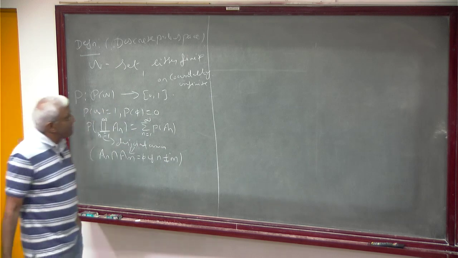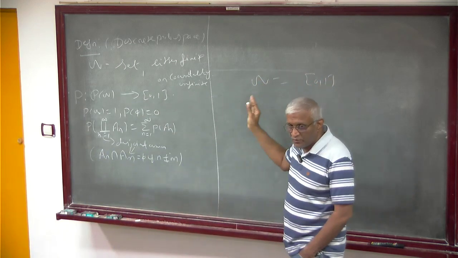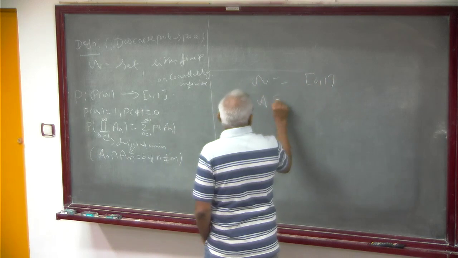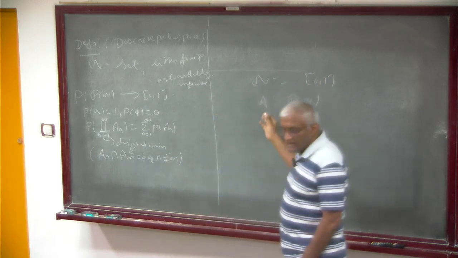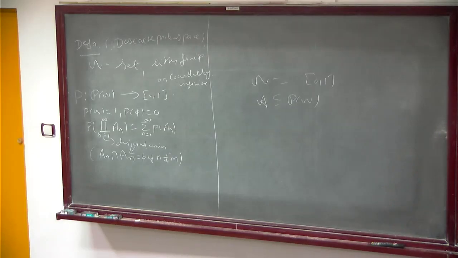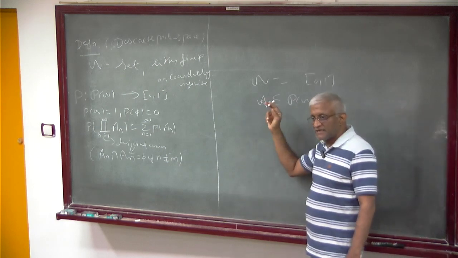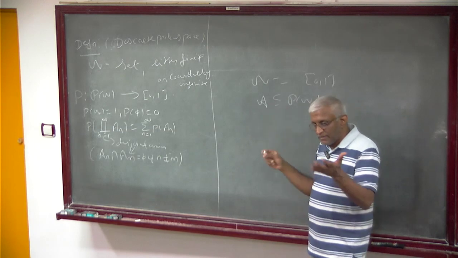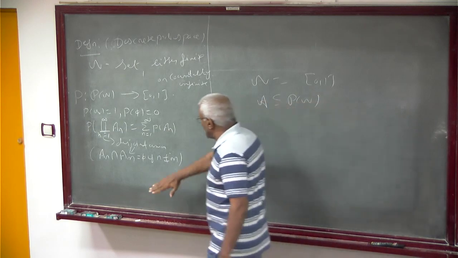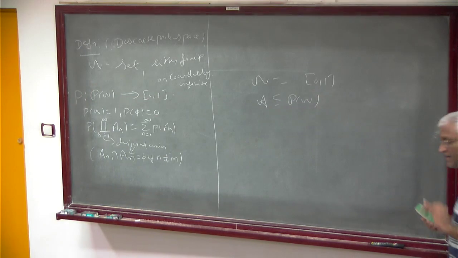Last class I said if you take a continuous one, where omega is something like [0,1] or [0,infinity), then we cannot work with every set. We have to take a subclass of the power set, and we called it a sigma algebra. It has some properties: it is closed under union and intersection, it has the empty set and omega. It should be closed under complement also. I think I missed that, so that's also an important property. We will come to that later. For the time being, we will work with either finite or discrete probability space, mostly finite.